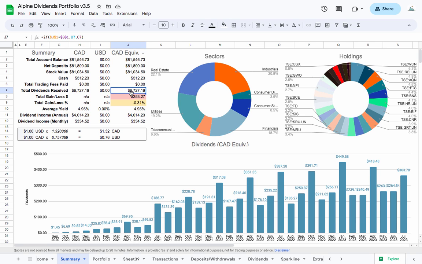Since I started, I've received $6,700 in dividends. Basically, if you added up all these numbers from each month the whole way along, that's where that number comes from, and you can see the monthly breakdown of what's going on. Generally, it's increasing because I'm reinvesting and adding more money. Currently, the impact of me adding more money is the bigger factor to this growth, but as time goes on, probably the reinvesting of dividends will overtake the amount that I'm depositing,